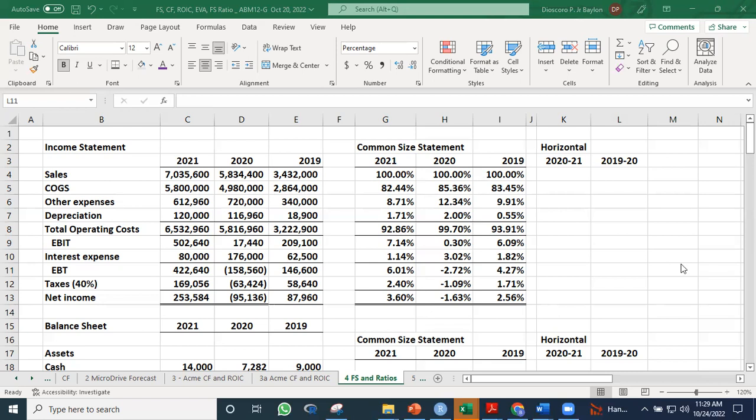So lahat expressed in terms of your sales. Let me repeat, no? All right, 2021. Okay, we can read that 100% as either 100 pesos or 1 peso. Gawin ko na lang 100 para mas madaling mabasa yung mga numbers. So, every 100 pesos na nabenta natin, 82 pesos doon ang